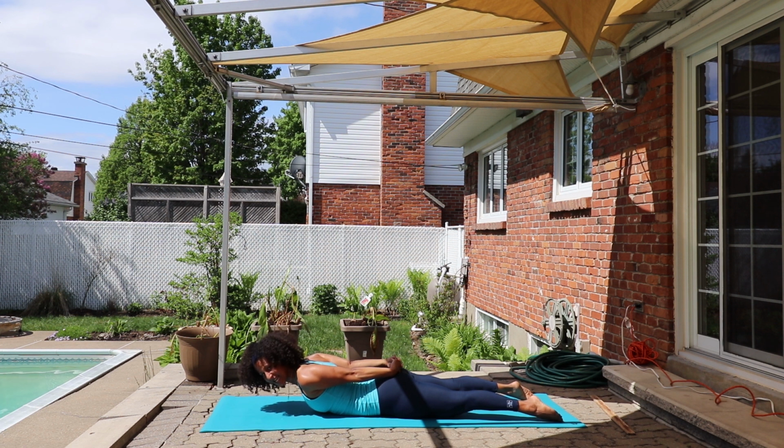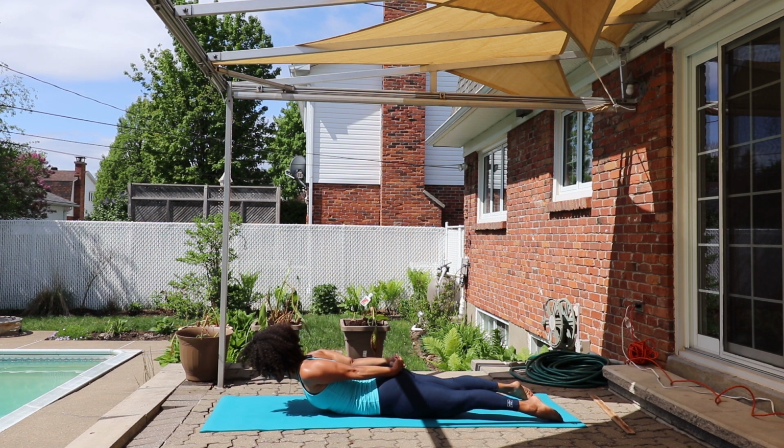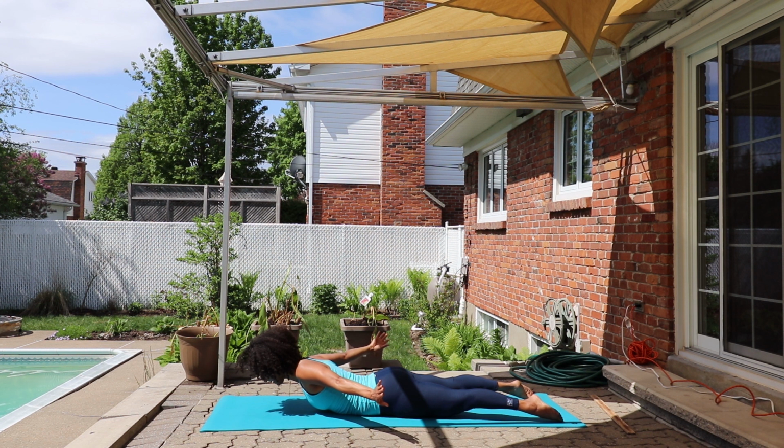Let's see if we can inhale into the pump of the chest, which carries you a little more into that extension. And as you exhale, see if you can hold that new height. So your next inhale takes you a little higher. Exhale, hold. Inhale a little higher. Exhale, hold. One more. Hold, unlace the hands, bring them underneath you by your lower ribs, push all the way